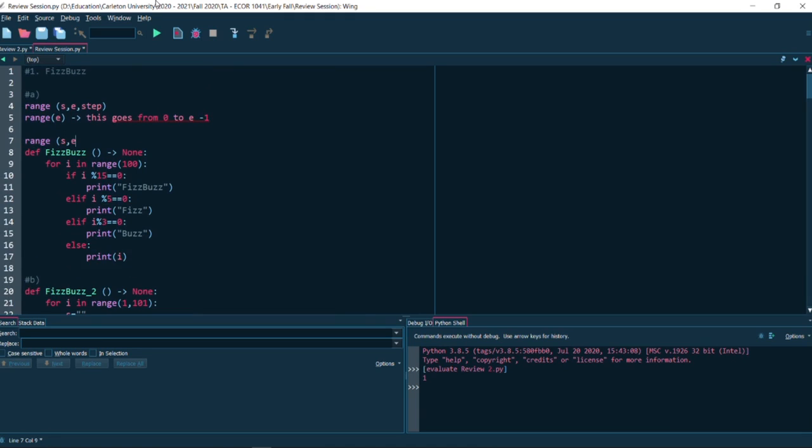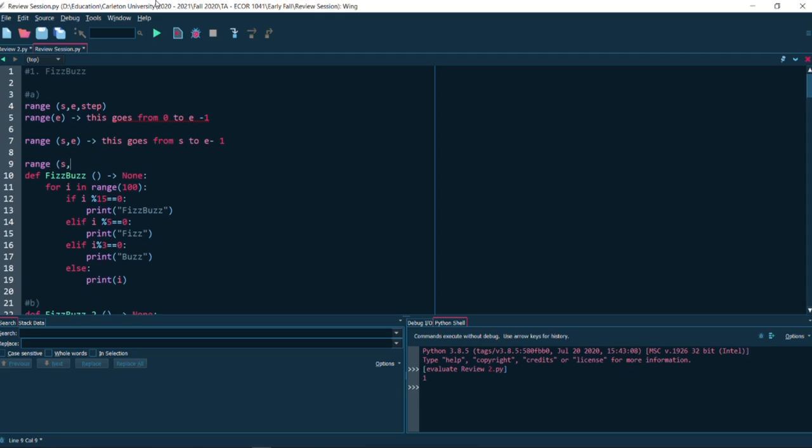If you just type in s to e, this goes from s to e minus 1. And this is an optional thing. I don't know if they showed it to you, but if you add a step, then this goes from s to e minus a step, but it only goes based on that step. So let's say this is 2. That means it goes from s to s plus 2, s plus 4, s plus 6, all the way to e minus 2. So this is how the step works. If you don't know this, you don't have to know this. This is just an extra thing. But anyways, the way I did it, I'm just going to comment this out.